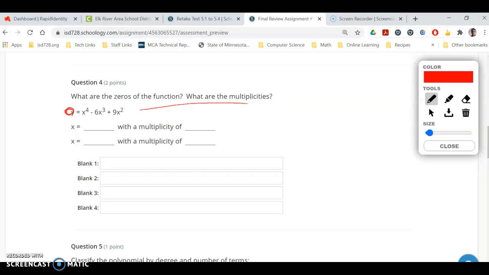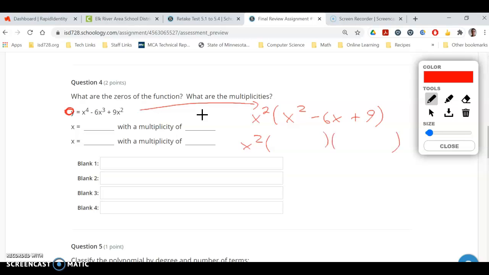And so to start finding those answers, I'm going to factor. You could graph it right away if you wanted, but basically I would factor. You can pull out a GCF of x squared. That'd be a good way to start. All right, and then it actually factors further